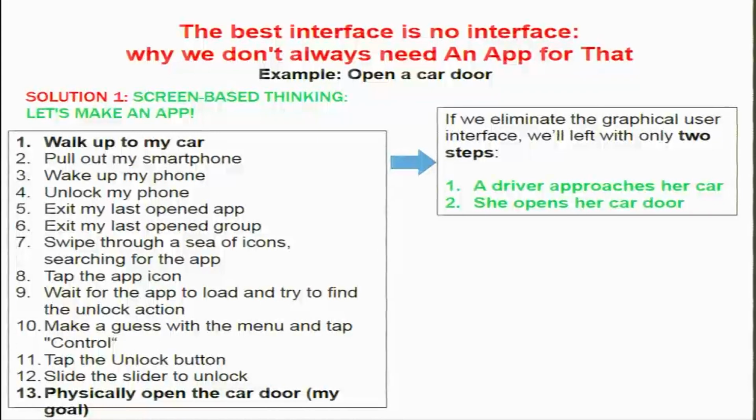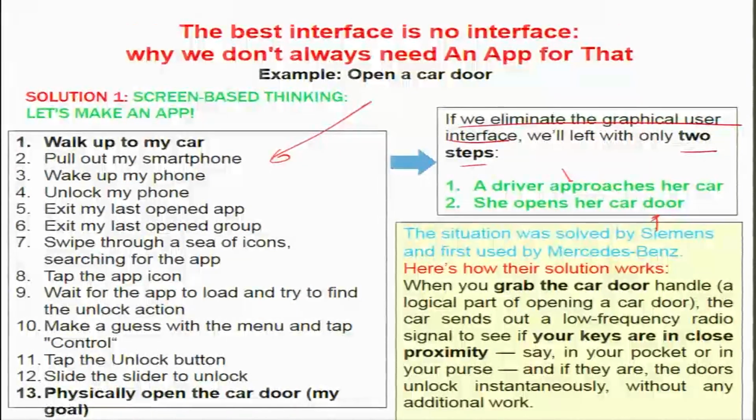If you could eliminate the graphical interface where you're doing all these file scannings to access an app through which you can open a door, we only need two steps in the whole process which are of use to the user or the driver. One is that the driver approaches the car and then the driver opens the car door. One approach, and in fact this is a real solution given by Siemens and used by Mercedes-Benz in one of their models, is this: when you grab the car door handle, a logical part of opening the car door,